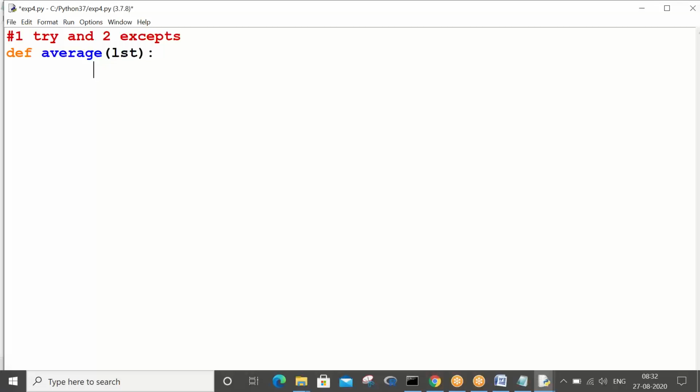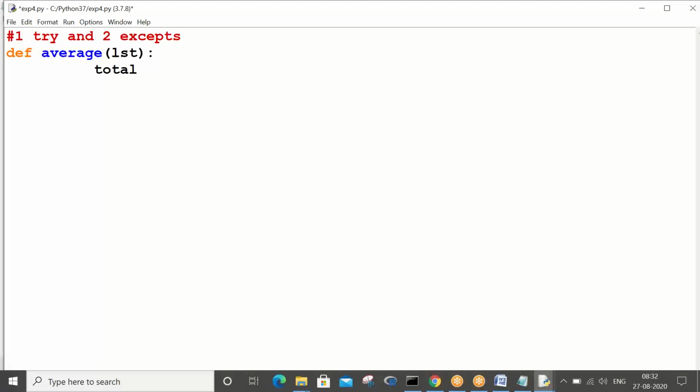For now I don't know whether lst is formal or actual, I have just written lst, but if I give an integer, lst will become an integer. If I give a float, lst will become float. That is the point you have to understand. Just with the function prototype, you cannot decide lst is a list type. According to the type of the actual parameter values you pass at the time of calling, this also gets converted. I hope you all know that, right?